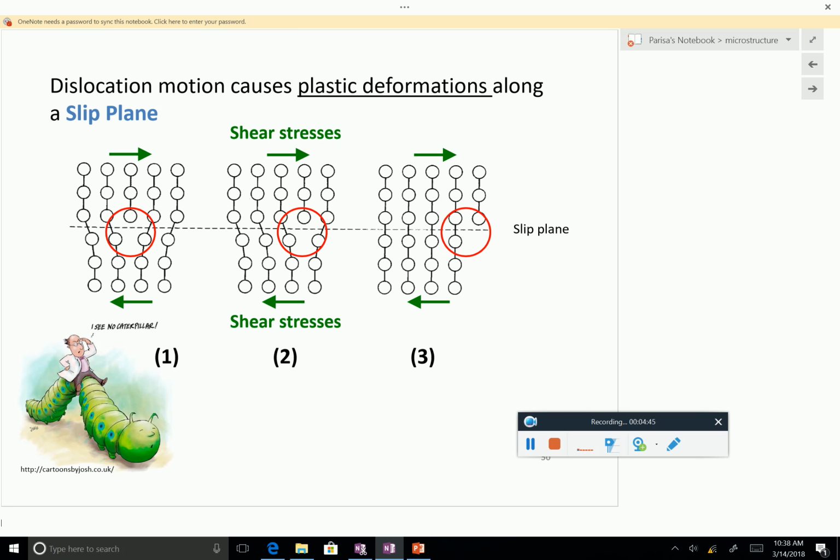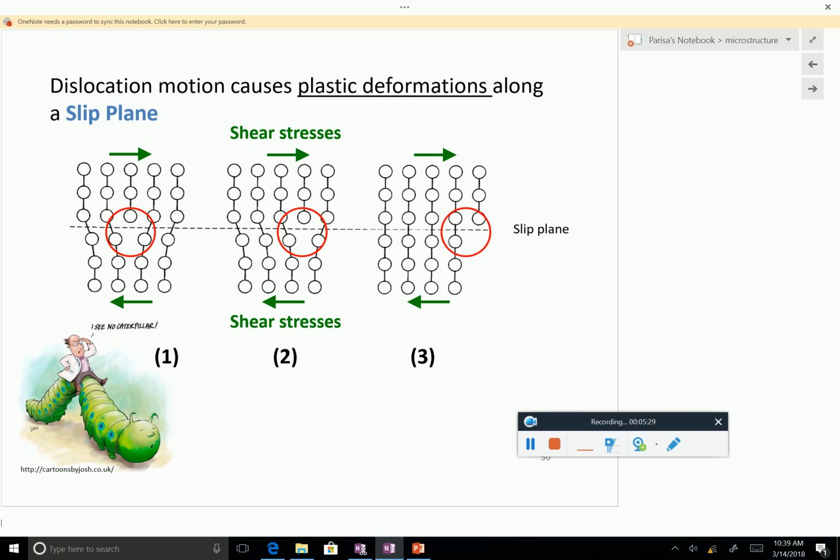When you have dislocation here, basically you have weakness. So when you apply shear, the atoms jump one plane, one step at a time. And as you can see, if you start here, after a while, you are going to have a large deformation. But it doesn't happen immediately. It happens one plane at a time. So that's like the analogy with the caterpillar, how it moves. It just carries itself up and then it goes one little tiny step at a time. And dislocation moves inside the material very slowly.